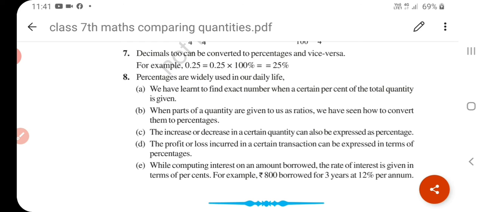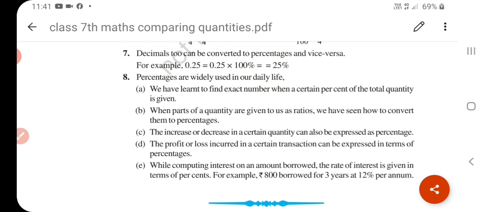Okay, understand? In case of profit, SP is equal to (100 plus profit percent) into CP upon 100, and in case of loss, SP is equal to (100 minus loss percent) into CP upon 100. Okay, understand? The money borrowed from the bank or lender is called the principal. Okay, the additional money that is paid back after a specified period of time in addition to the principal is called its interest. Okay, the total money paid back at the end of the specified period is called the amount, which is equal to principal plus interest.